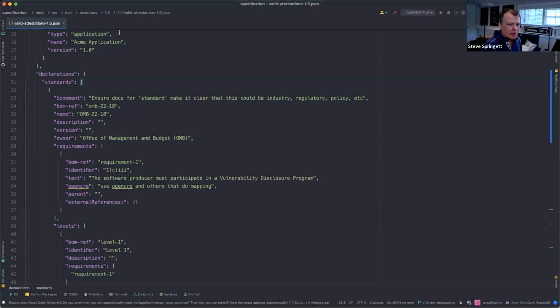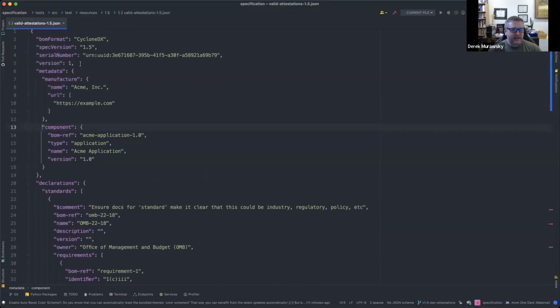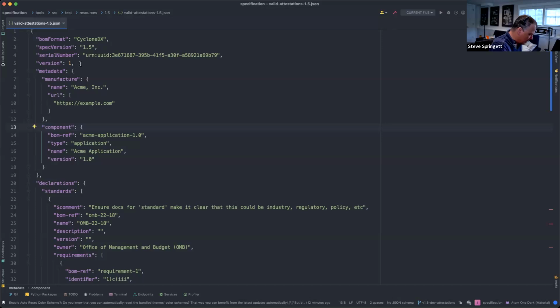I assume that we were going to get this in for 1.5. I don't know if we actually are though. If you scroll up to line 13 in the doc, this is one of the reasons I wanted the link, so I could see, right here we declare what the component is, I think. Right. So, for example, I started out thinking that this would be embedded in CycloneDX, which still can be. And then we were talking about having a dedicated attestation standard, which it could be as well.